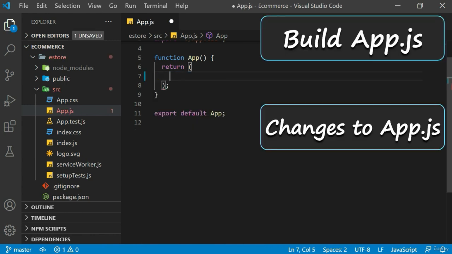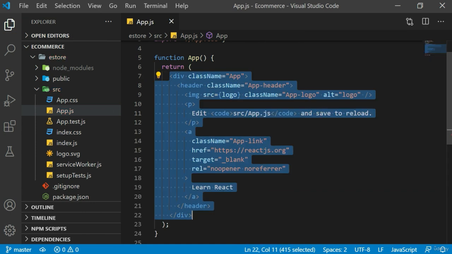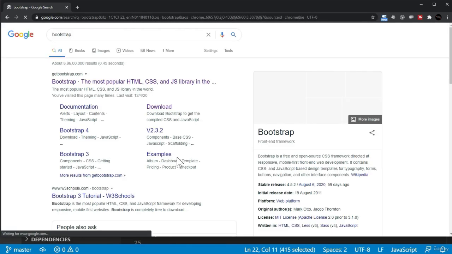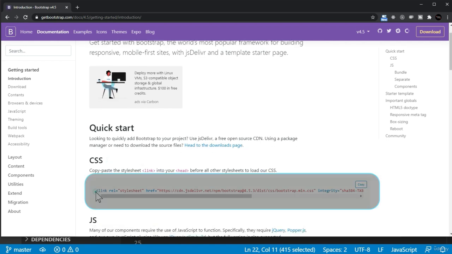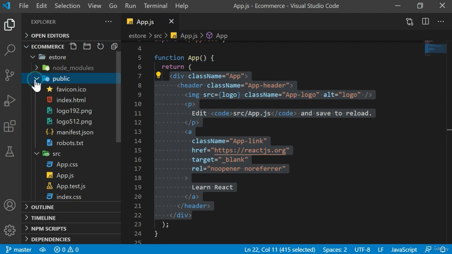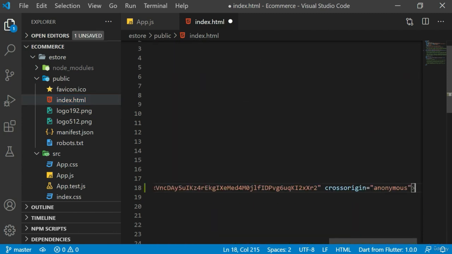Gradually we'll start making the changes to the current file, that is app.js, and eventually we'll put it into more meaningful components. So let's first of all begin with a kind of header section. Before we begin with the header in the app.js, let me also show you that you need to include Bootstrap, which is the core CSS we have used to make it responsive and attractive as well. Here is the CDN which you can copy, and to configure this CDN you go into the public folder and there is an index.html. This is where you attach all your CDNs. So you just paste that here,